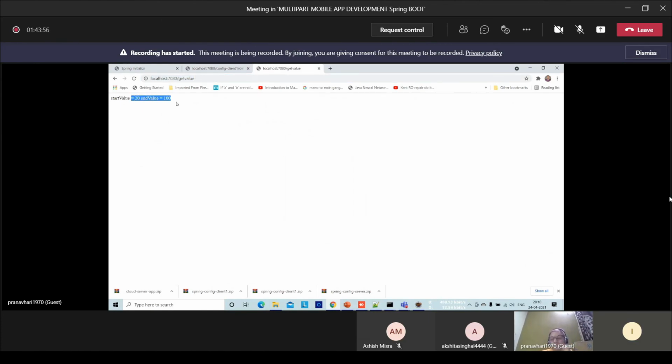So the value is there. Now the conclusion is, during dynamic time, when the client has started, if there are any changes made to the properties file, the server can fetch those, but those data will not be available to the client. That's the limitation.